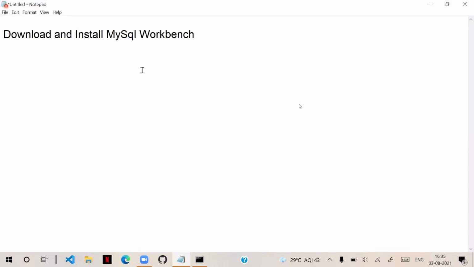You can download this MySQL Workbench. This MySQL Workbench is the same as Mongo Compass. You download MySQL Workbench and install it on your computer. So let's check that. Google, yeah.